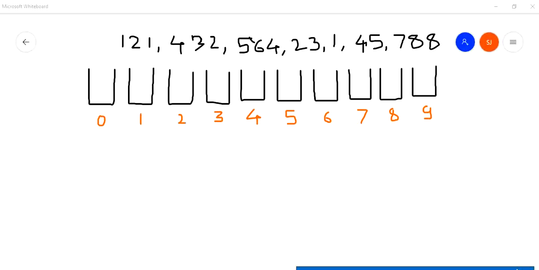Today in this session we will discuss the radix sorting algorithm. Previously we have discussed three sorting algorithms: bubble sort, selection sort and insertion sort. At that time I gave you one question regarding insertion sort: why is insertion sort better as compared to selection sort and bubble sort? I briefly discussed the reason behind it, and I also discussed it using a graph.